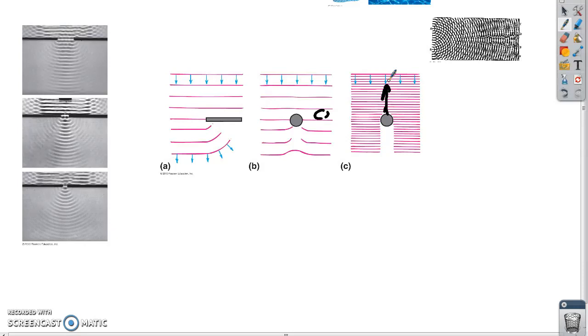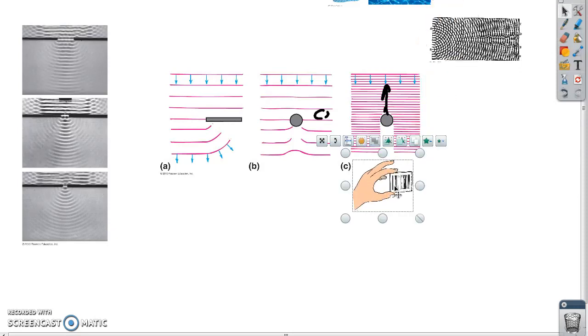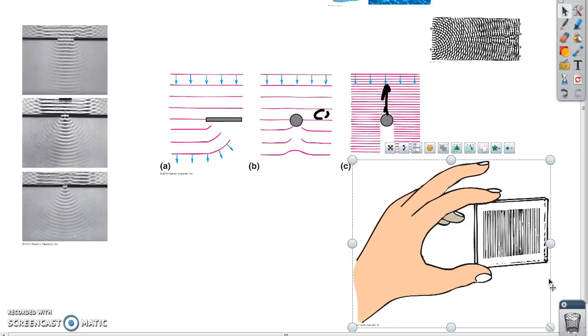Okay, and now another example of this idea is the diffraction grating. A diffraction grating is basically a piece of material that looks almost clear, but if you look at it microscopically, you can see it has little slits on it, and these little slits cause the light rays to bend around them. When they do that, it also separates out the different wavelengths of light, so as they bend you can see the different colors of light. Sometimes you'll hold these up, and we'll do some in class, and you can see the rainbow colors around everything. You may have some glasses like this you can put on, and you see rainbow colors everywhere you look